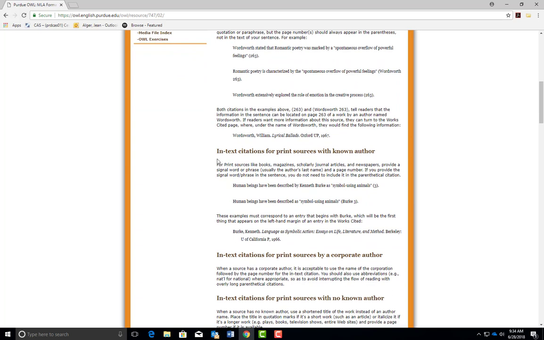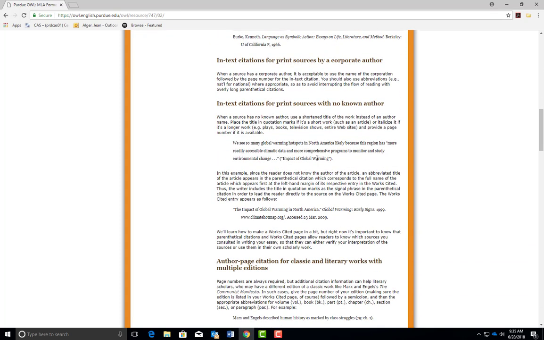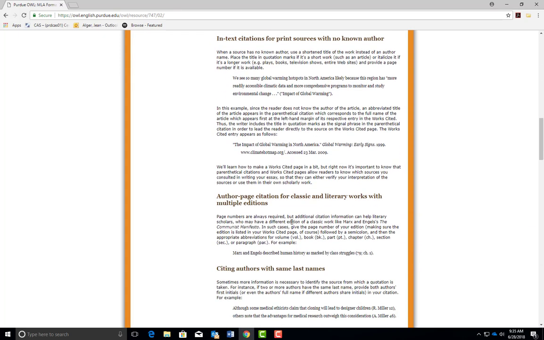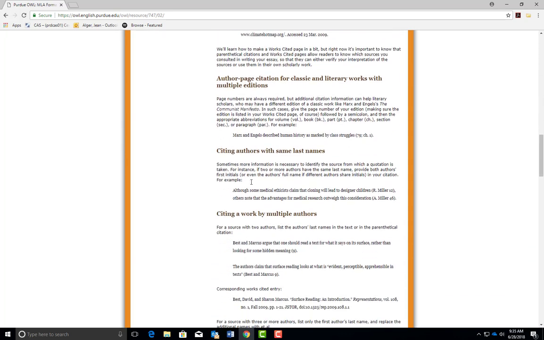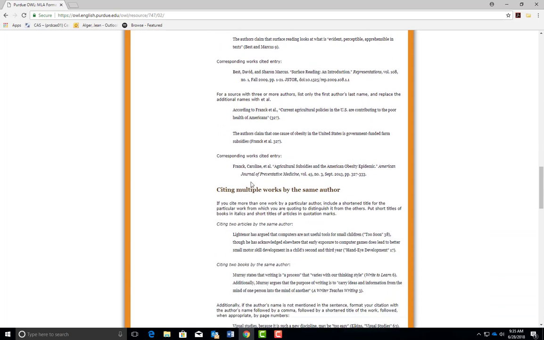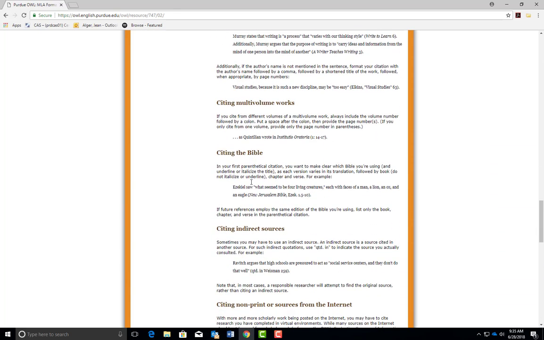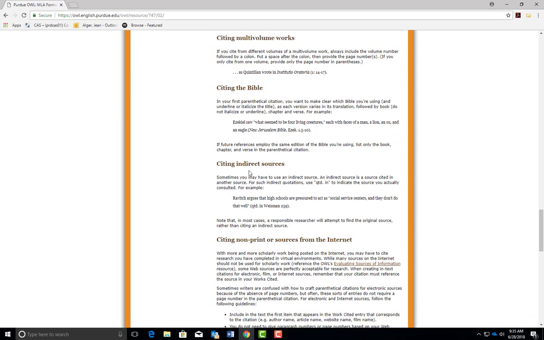Now it has different rules for how you do in-text citations for print sources with a known author, a corporate author, no known author, classic literary works, authors with the same last names, works by multiple authors, works by the same author, multi-volume works. There's special ways that we cite the Bible, and indirect sources.